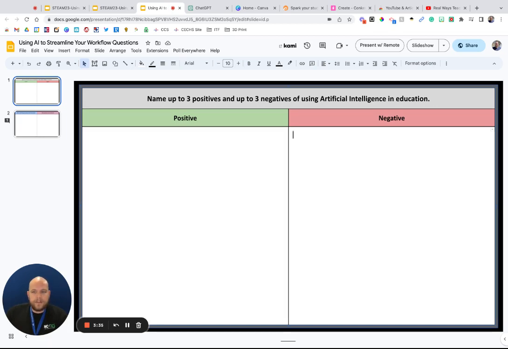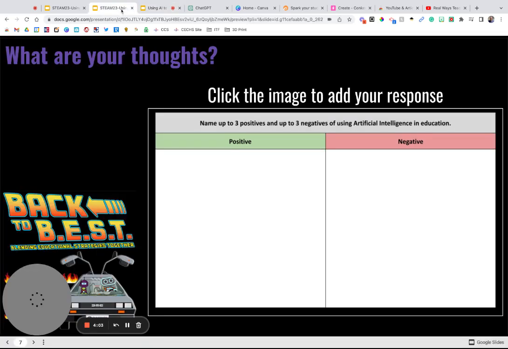There's kind of a two-sided coin to this. I've spoken to people who are just absolutely on board with using AI, and then I've spoken to some who are just hard against it, have issues with it. So I'd love to know what the general feel of the class is. So hopefully this will be filled out throughout the day, and that you'll be able to see those responses. And I will also be checking this on the day itself. So I hope that you have some good information. There's a second slide here, but we're going to save that for the very end.